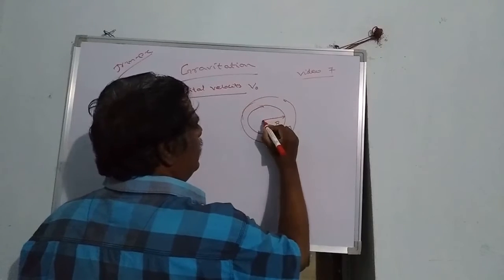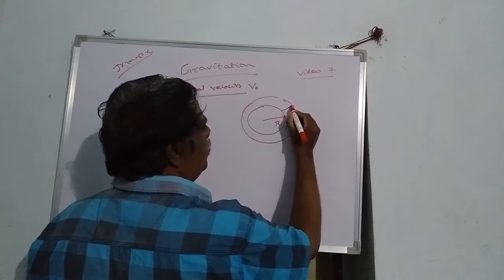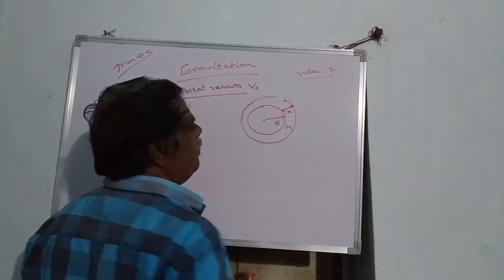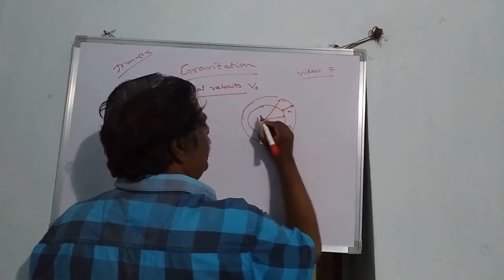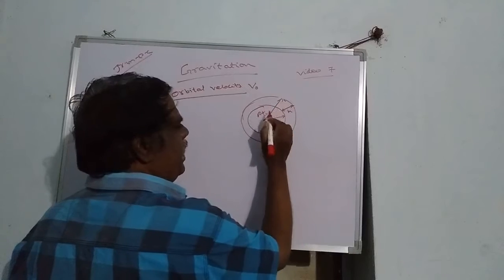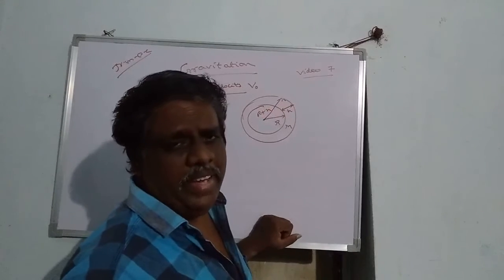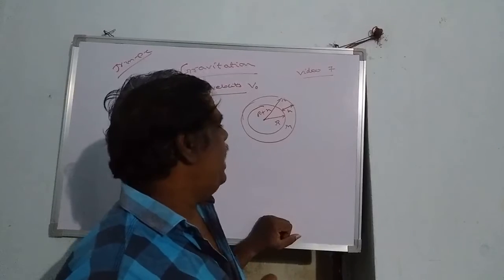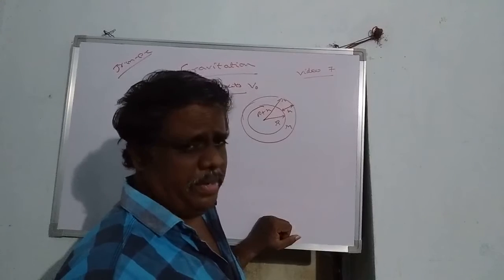at a distance h between the surface of the Earth and the satellite. Then the total distance from the center of the Earth will be r plus h, because everybody will be attracted towards the center of the Earth, where r is the radius of the planet or Earth, and h is the height from the surface of the Earth. So to give an orbit.